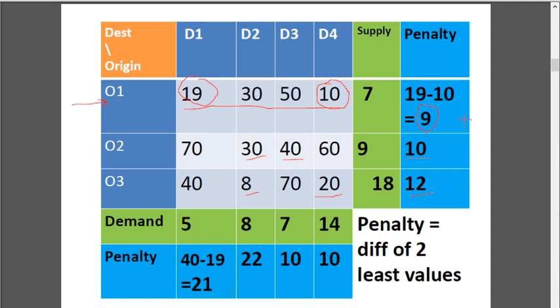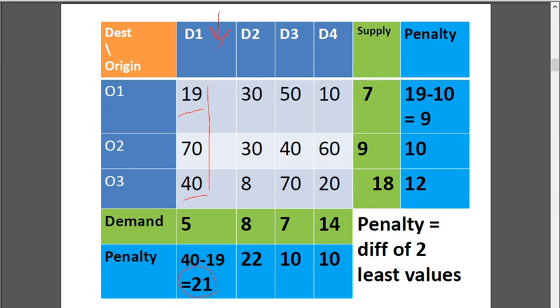Similarly, also calculate the penalty for each column, that is for all the four destinations. If I take the first column and calculate the penalty, considering the values 19, 70 and 40, the least two values are 19 and 40, and the penalty becomes 21.